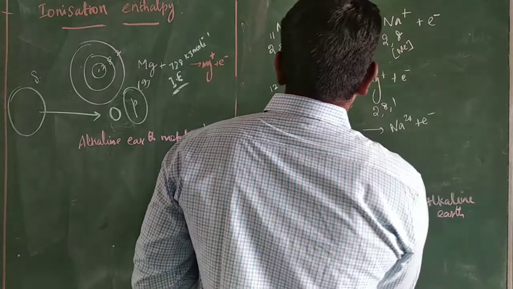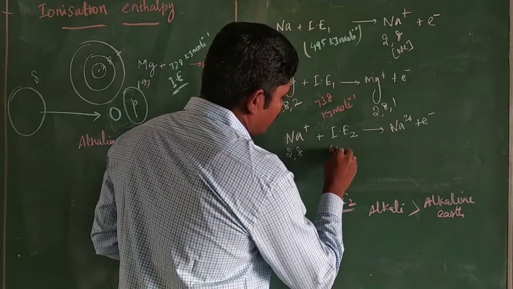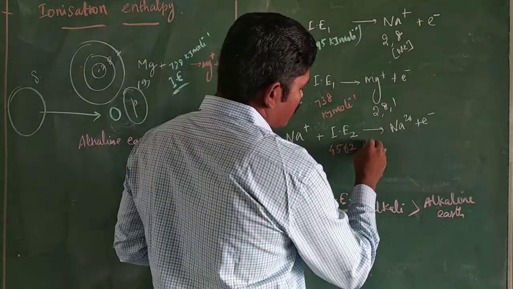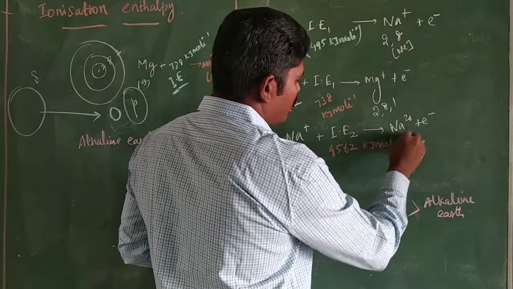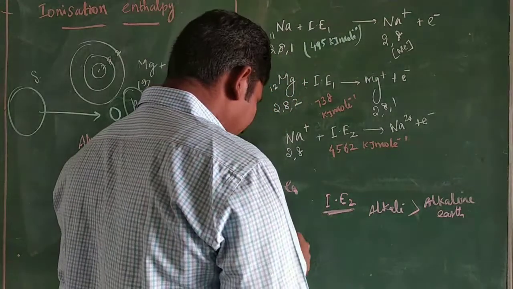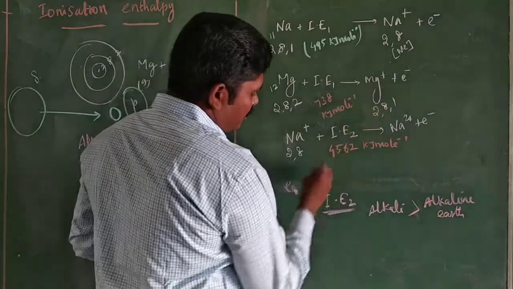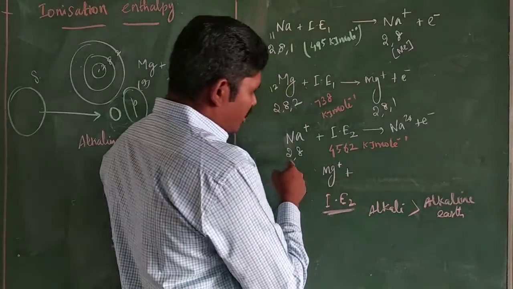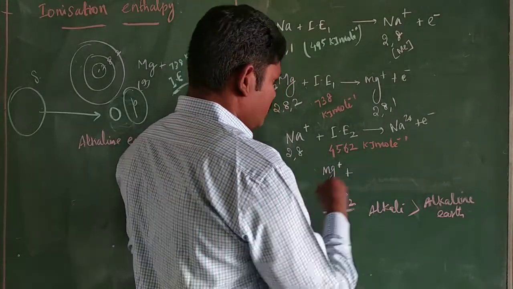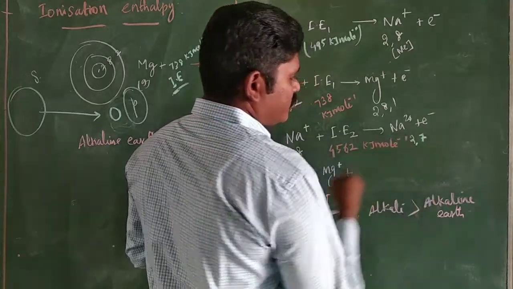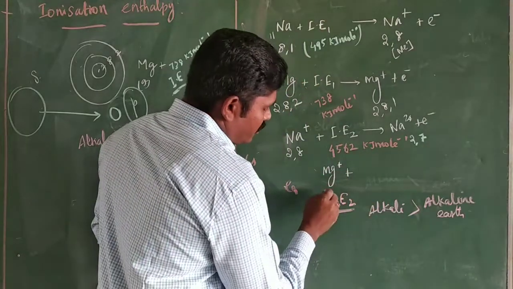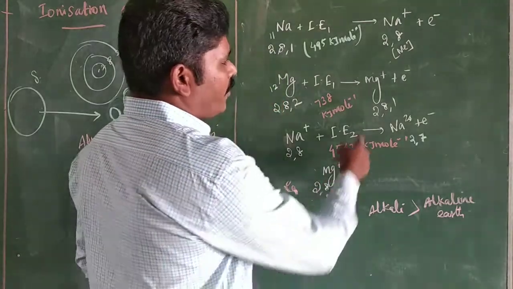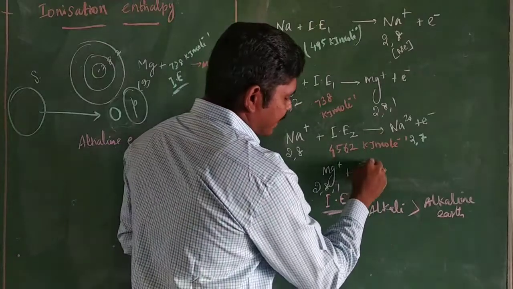The second ionization energy of sodium is 4,562 kilojoule per mole. Now magnesium: Mg+. The electronic configuration of sodium is 2,7, and magnesium is 2,8,1. Magnesium plus is 2,8,1. So the second ionization